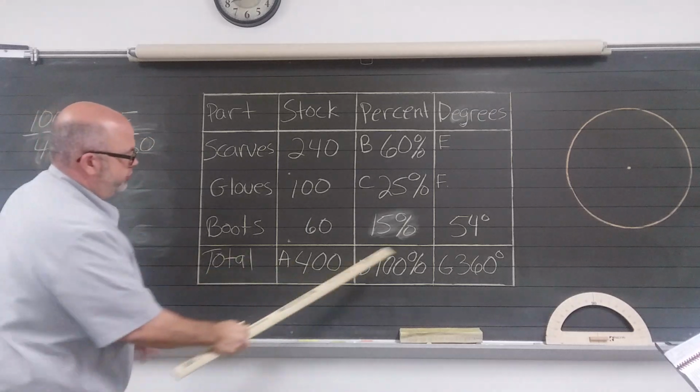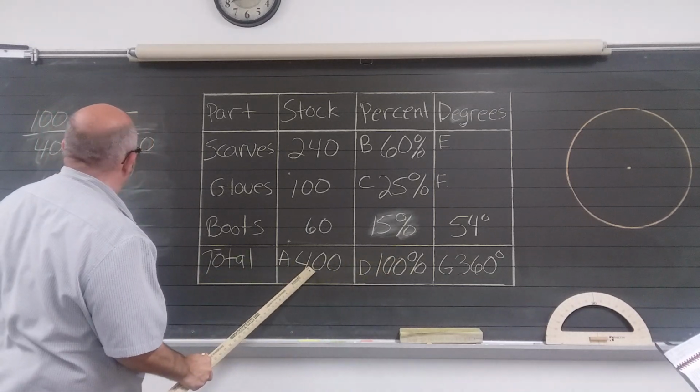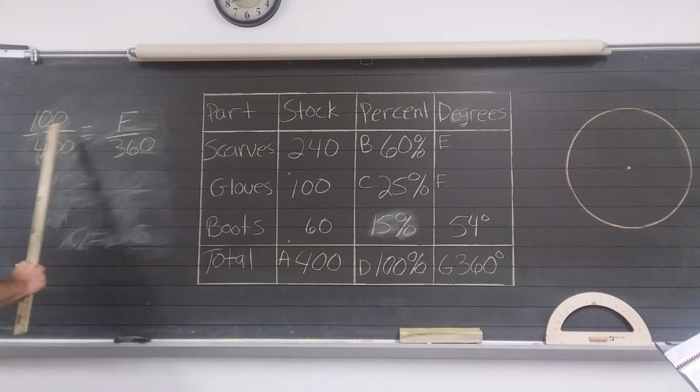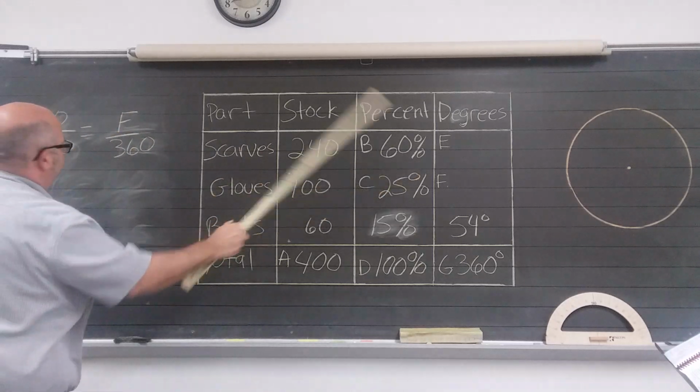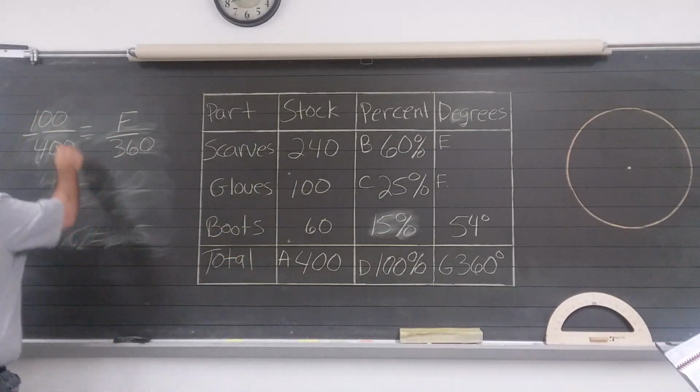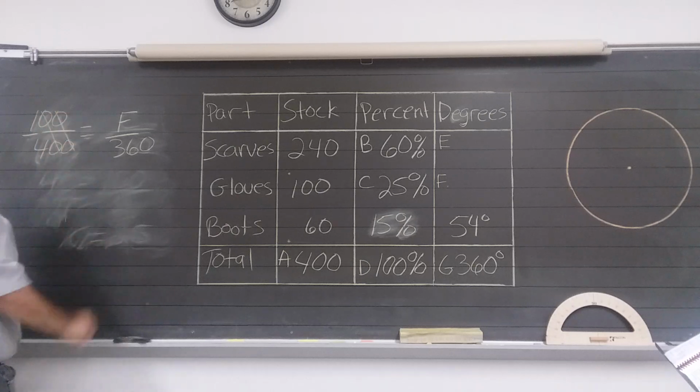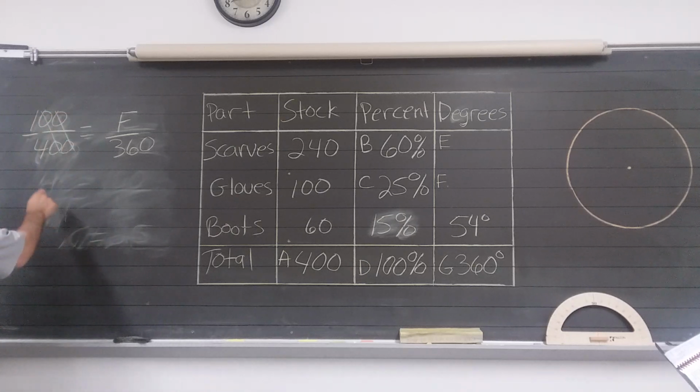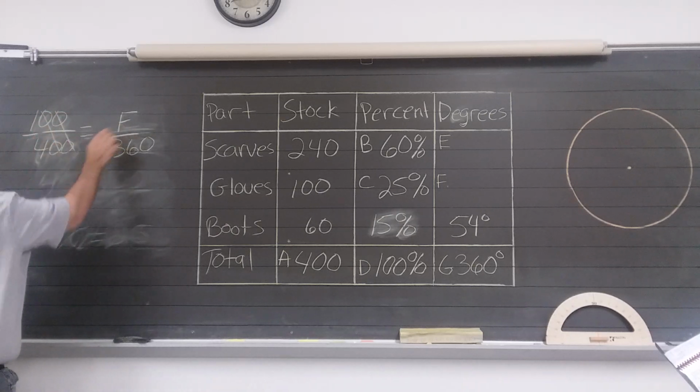Okay? Total, total, and your 100 and your F. All right, again, you can do this so that you have 1/4 for F